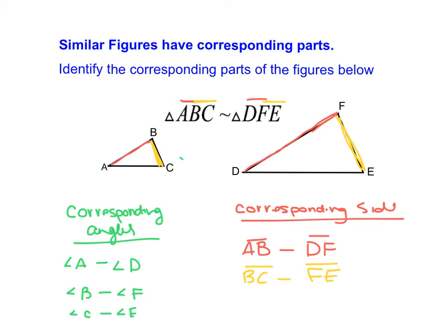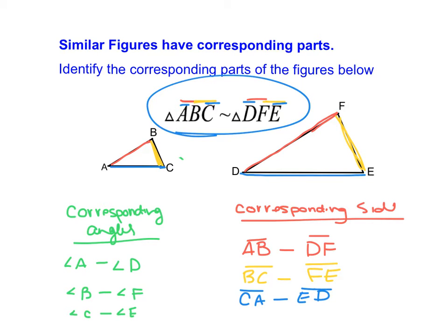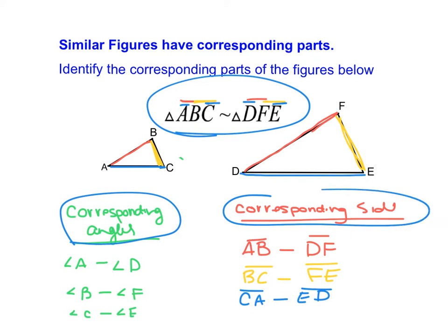And then if I look at that third set, it's going to be these outside letters of C, A, and E, D, or you can call them A, C, and D, E, it doesn't matter. Those are also corresponding side lengths based on that similarity statement. So just by having this statement here, I can find a list of corresponding angles and a list of corresponding